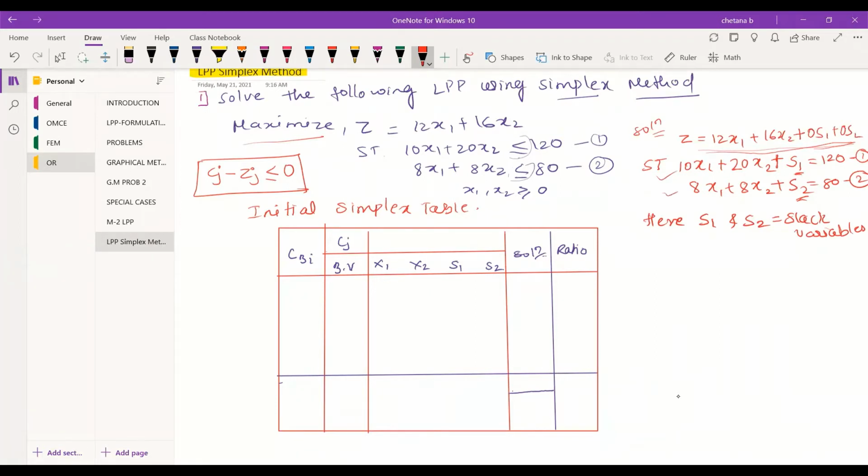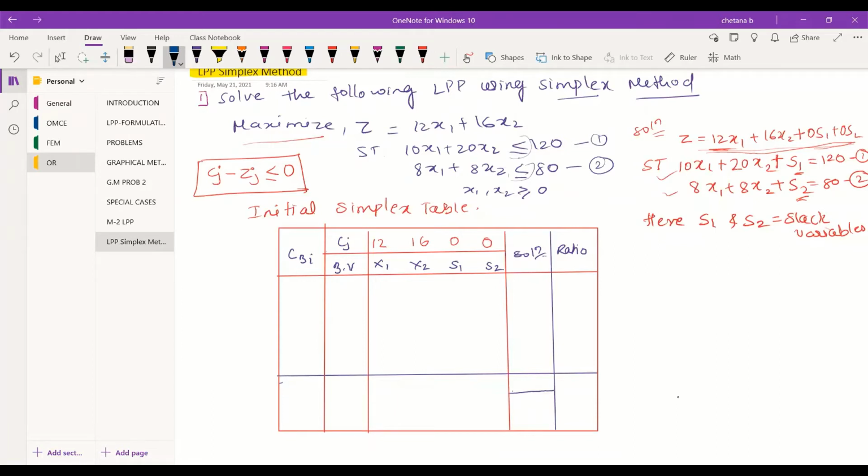Now to fill this row, the coefficient of X1 in the z equation is 12. The coefficient of X2 in the z equation is 16. The coefficient of S1 in the z equation is 0, and S2 is 0. Is that fine? Yes ma'am.